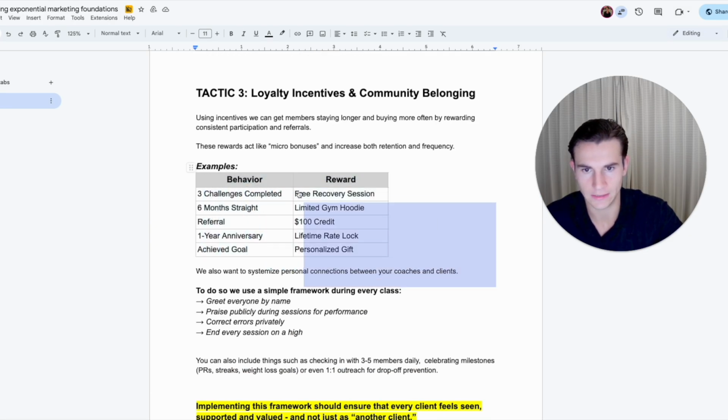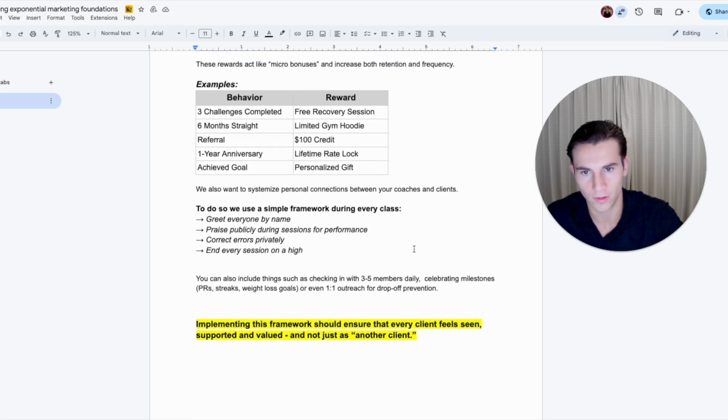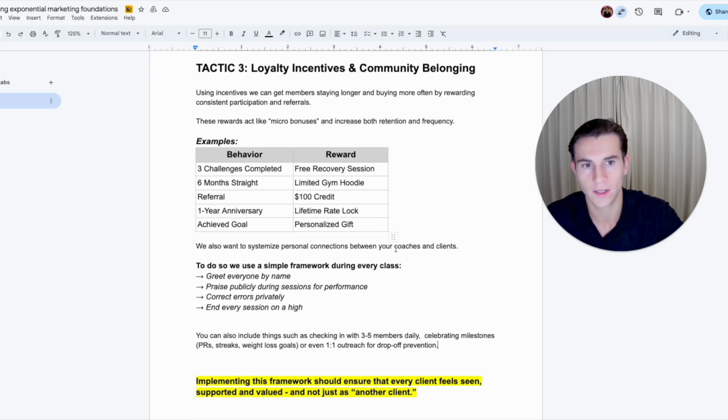And these rewards don't have to be given to just one person. You can just throw these in if you think people are doing well. Like, hey, you've been super consistent over the last 3 months. Because you've been so great, I'm going to give you a bunch of extra free training sessions, or a free this or whatever. It's not super difficult, and on average this will increase retention by roughly 15 to 20%, if you're doing this correctly.